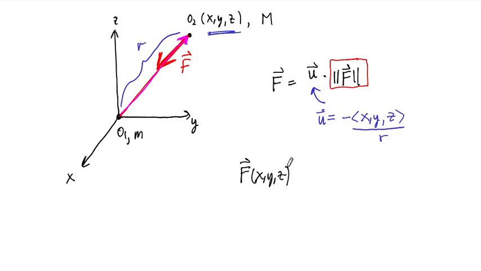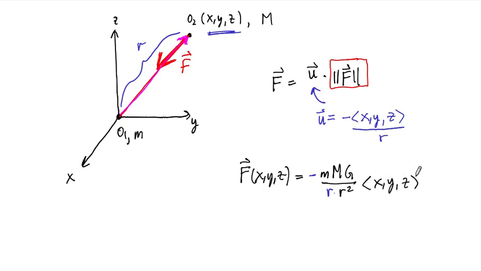What we end up with then is our gravitational field: the gravitational force at any point x, y, z with mass m acted upon by this point O1, us at the origin, with mass little m, in the following way. So the magnitude of this force, according to Newton's law, is mg over r, and the direction of the force is given by this vector u, and so that gives us another factor. The gravitational law says that's an r squared. Don't get sloppy here, Justin. So then the unit vector has a minus and then another r factor on the bottom times this position vector